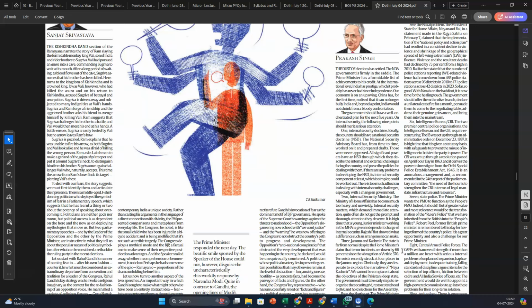Then the state police has to become from a ruler's police to a people's police. And read about this example, folks. This is where I want you to read and research. Robert Peel, the former British Prime Minister, is remembered to this day for having reformed the country's police. So read about this and use this example in your police reforms answers, especially if you're taking public administration